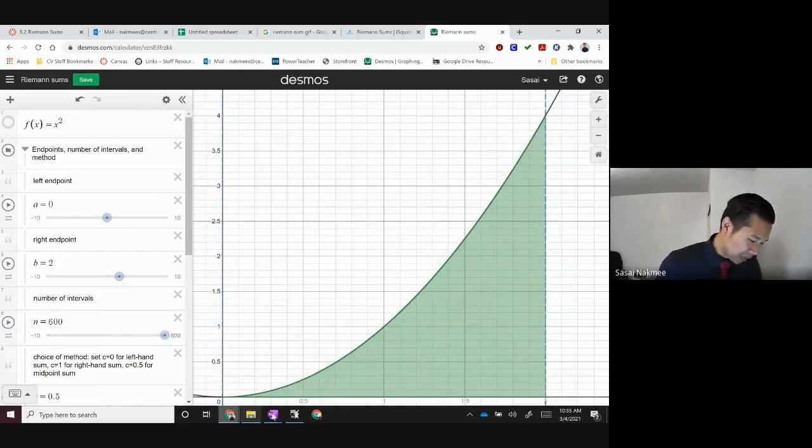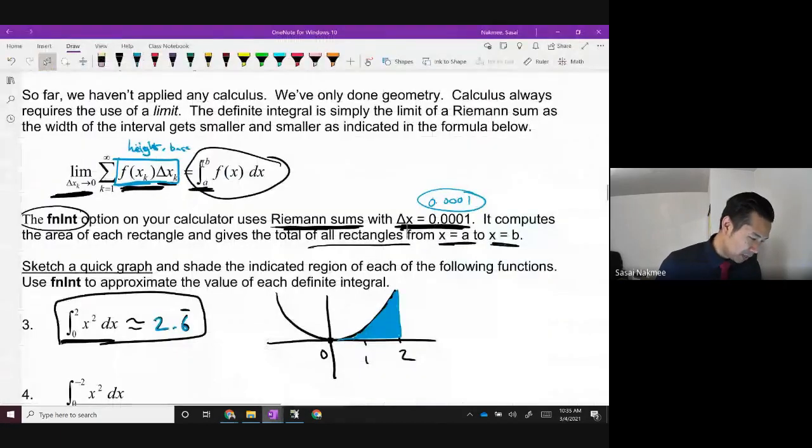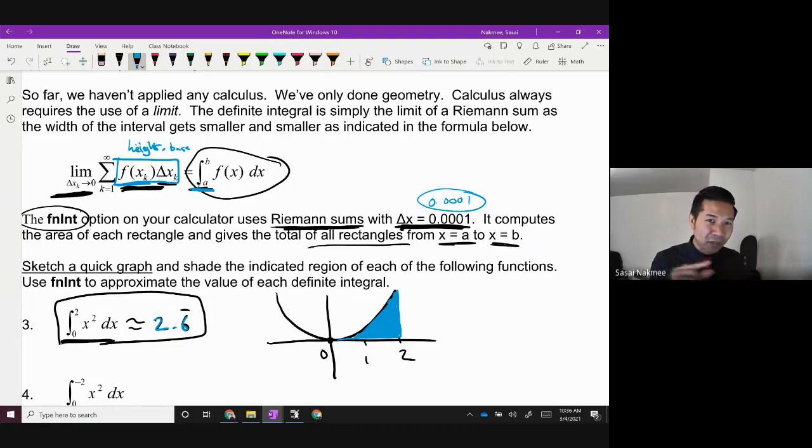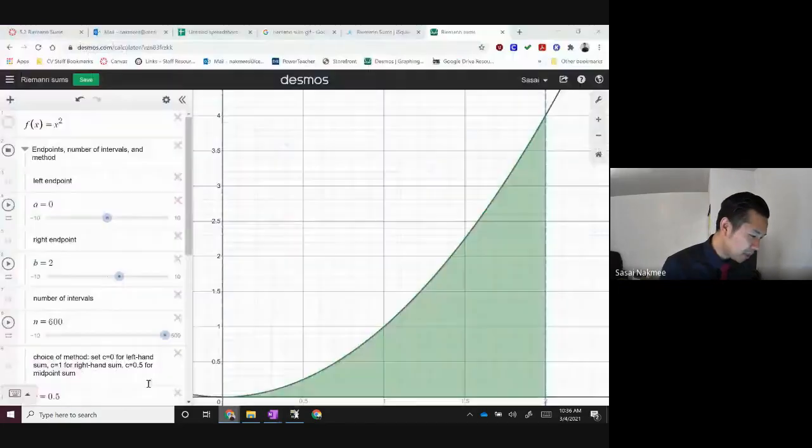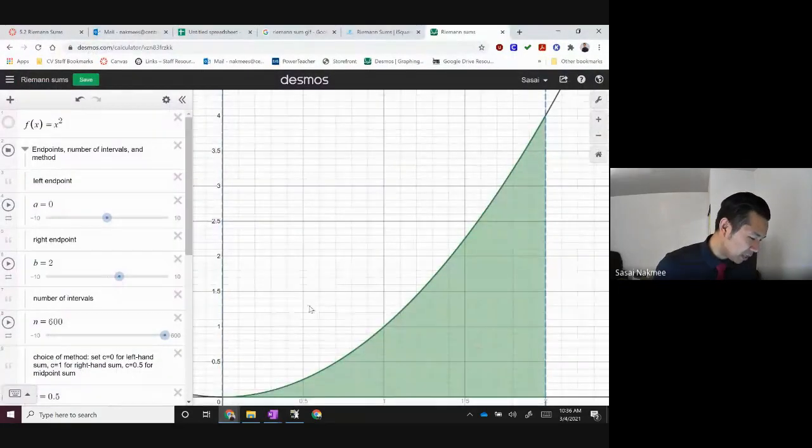What an integral does, this symbol right here, you see that, Max? What that integral does is it makes your delta x, at least in theory, approach 0, meaning your n is approaching infinity. You're having infinitely many rectangles in between there, they're just really squeezed together. So as I kept increasing those numbers, when I made n equal to 600,